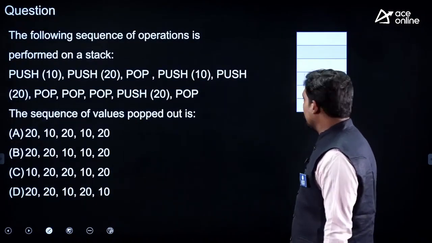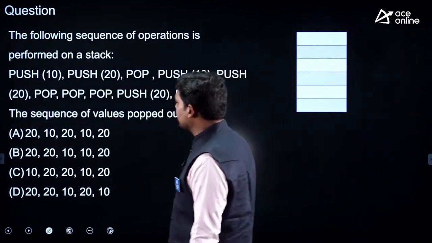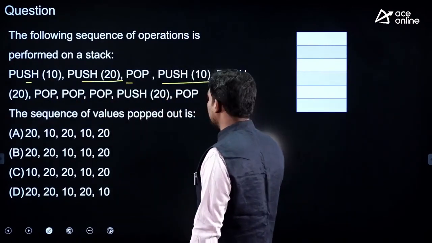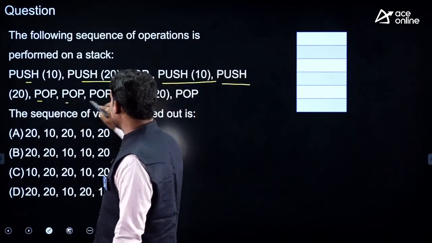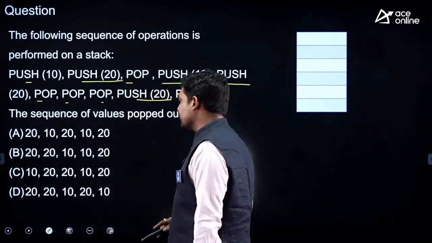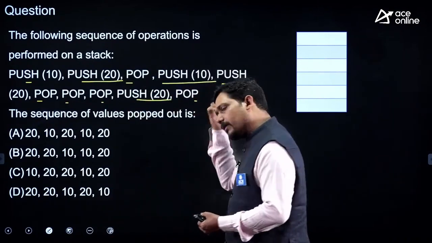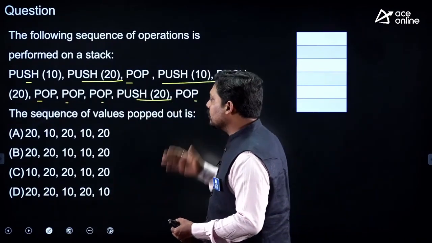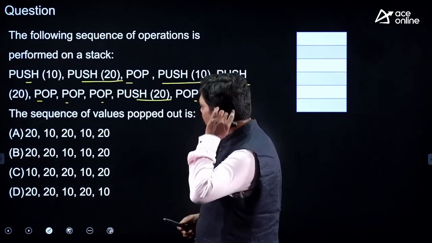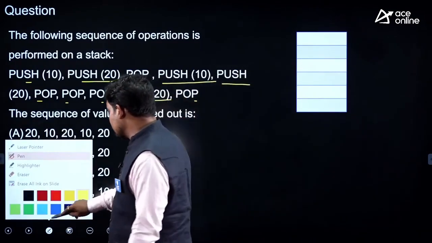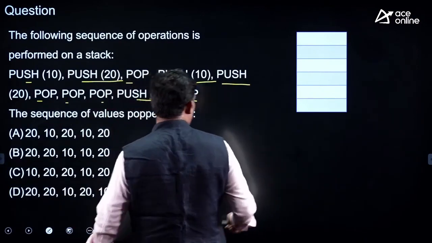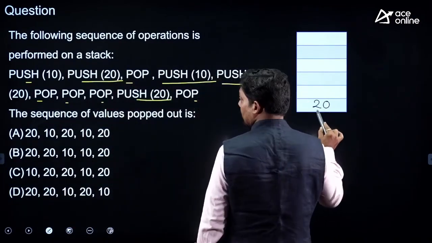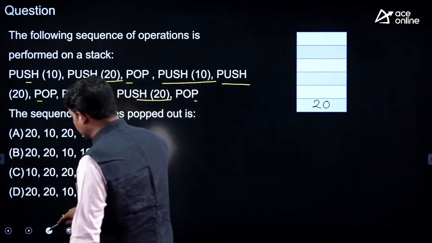Now here one logical thing is that we are doing push 10, push 20, pop, push 10, push 20, then 3 times pop, then push 20 and pop. In which order will the elements be popped out? You can engage with this also, solve the question and respond. Let's see what the answer is. Push 10. So now we have a container where only the top element will be accessed. So we are pushing 10